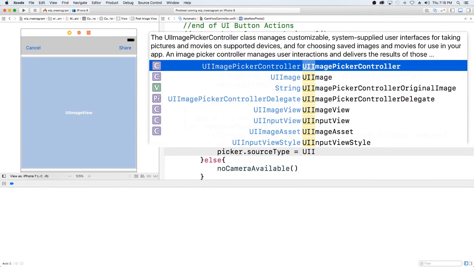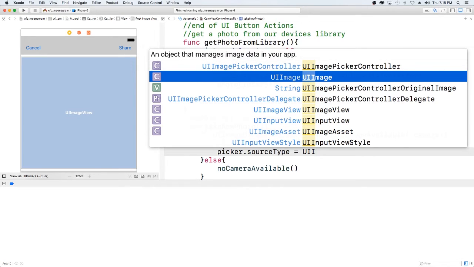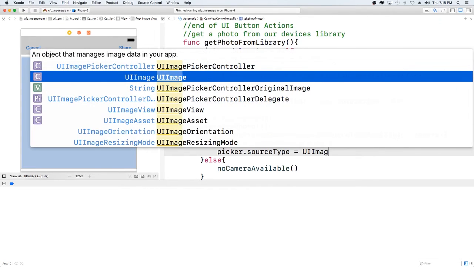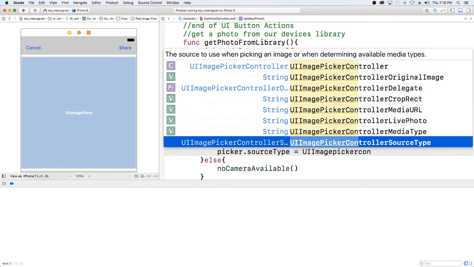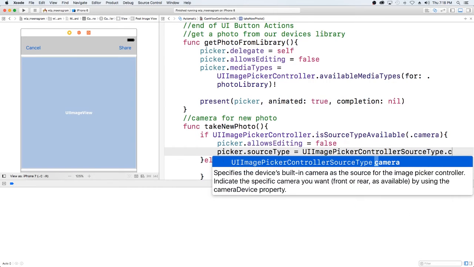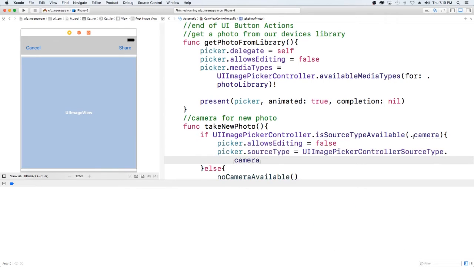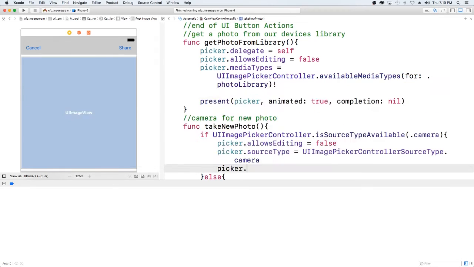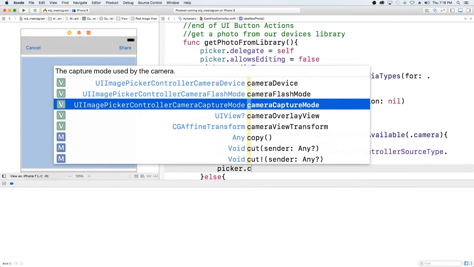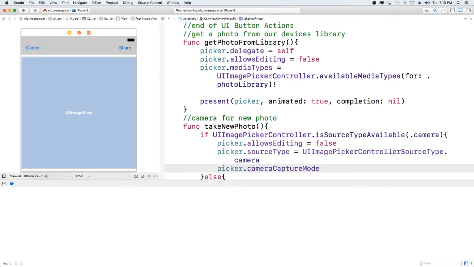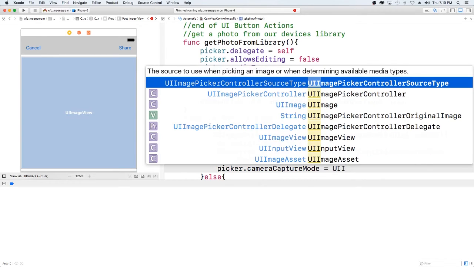But so now we're going to create the source type for the picker for the camera. Okay, and we're just going to say it's going to be camera. So this is a lot like the library, how we set that up. So basically defining what the picker is before we present it. So we're going to do a camera capture mode, and it's going to be